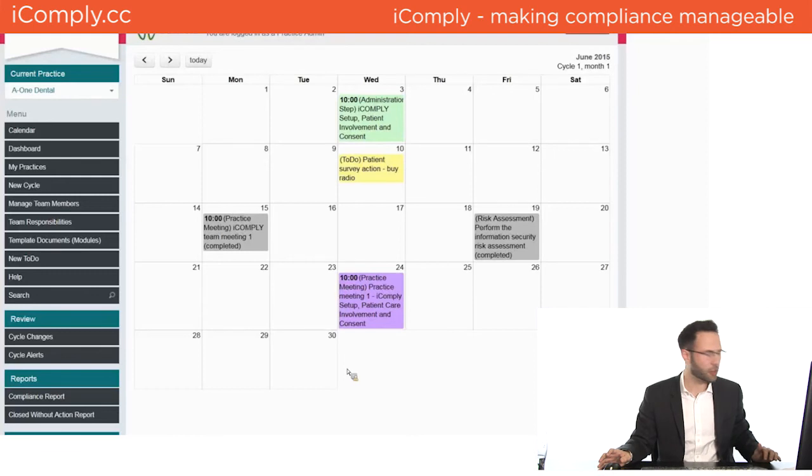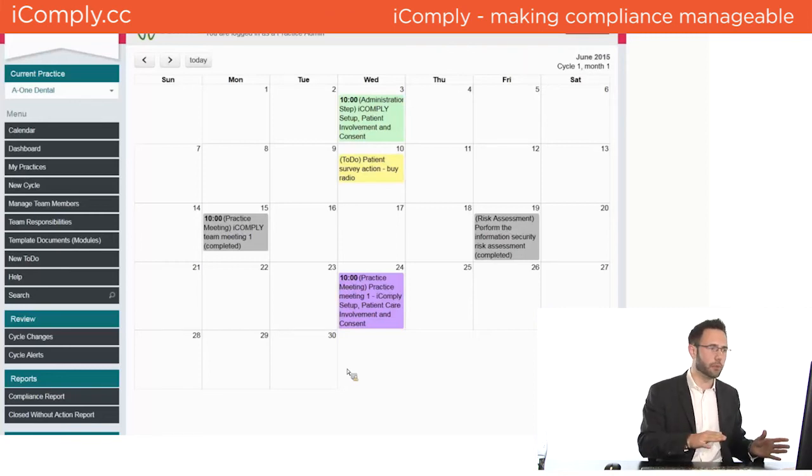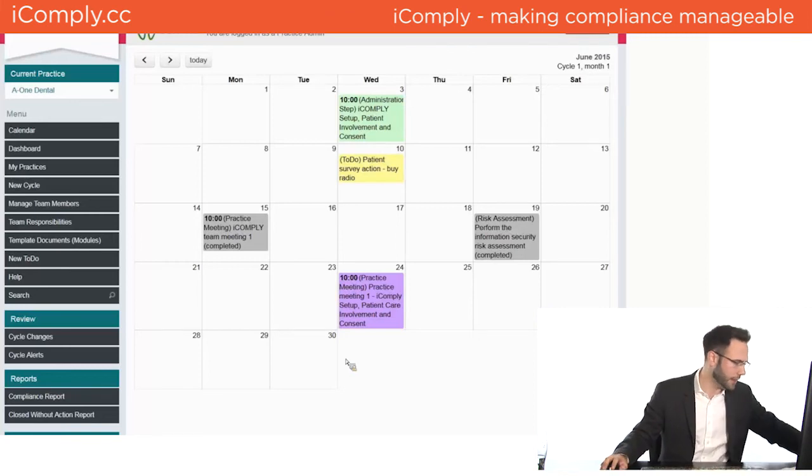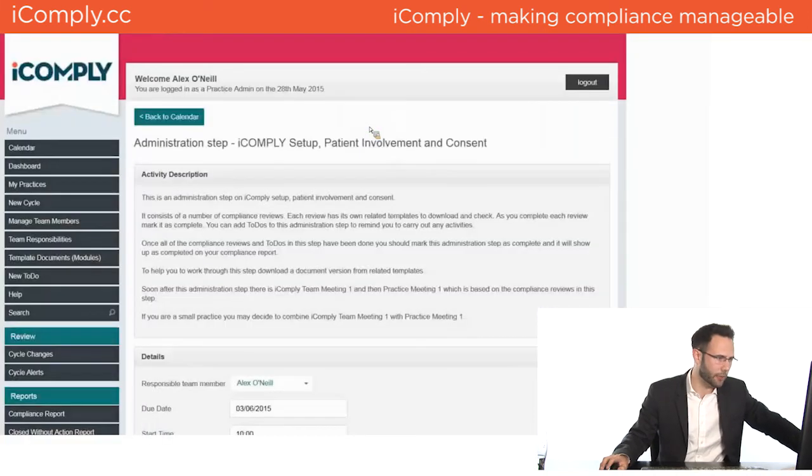You also want to try and make sure that you've signed off all of the compliance reviews before you deliver the meeting. This is important because then obviously you have the correct information that's going to tie up with the agenda that we've given you in the practice meeting. You get the agenda and it matches up with the practice meeting. So if we have a look at that now, if I click on this administration step, we can see in